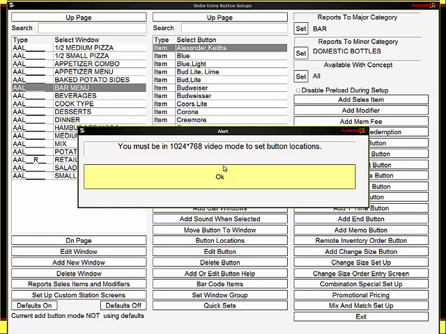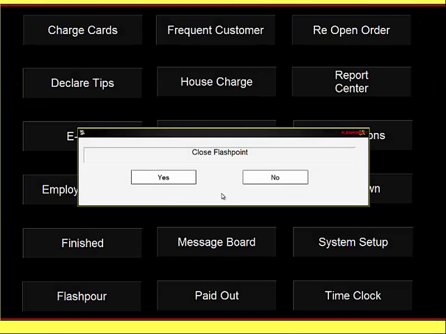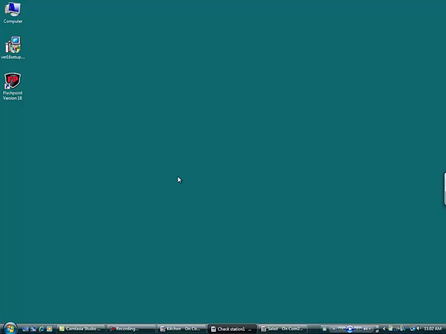Although Flashpoint allows you to run in any video mode and the buttons will automatically adjust to that video mode, you must set a specific video mode that you will always be putting your sales items on. To do this, I will go OK, exit, shut down, yes. Flashpoint defaults to using 1024 by 768, but I want to change that default to be what my screen resolution